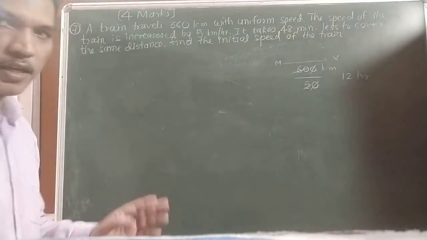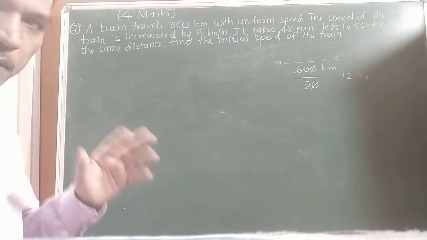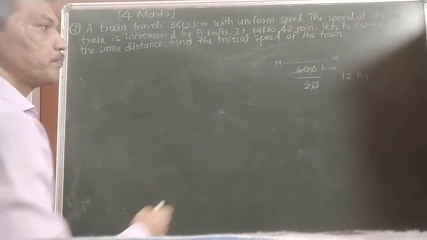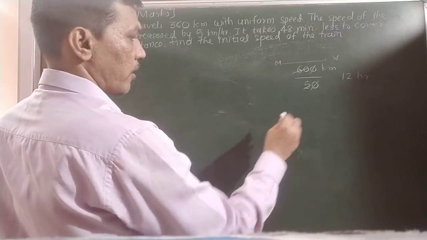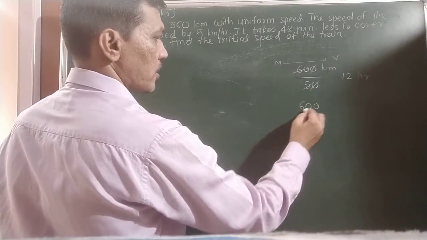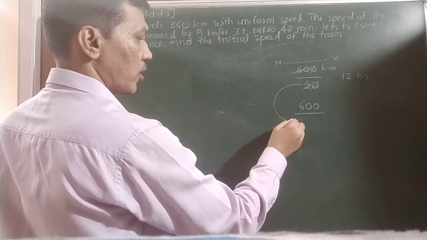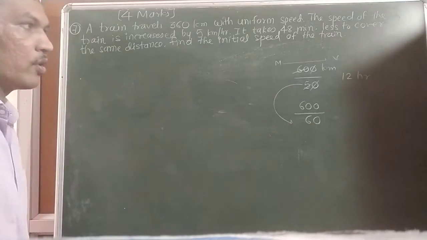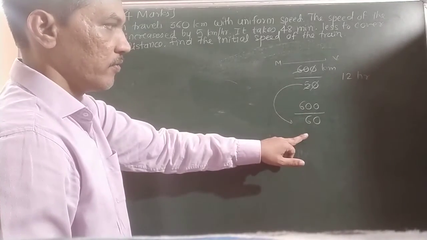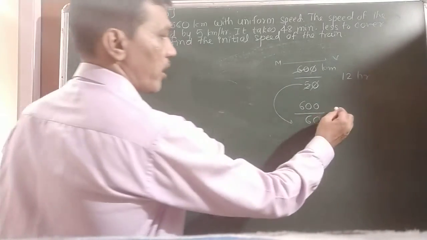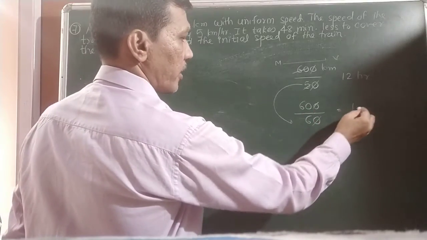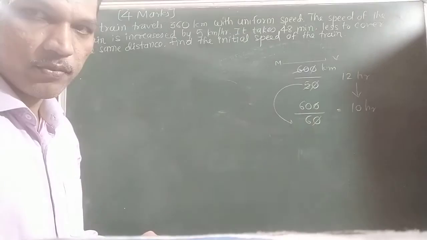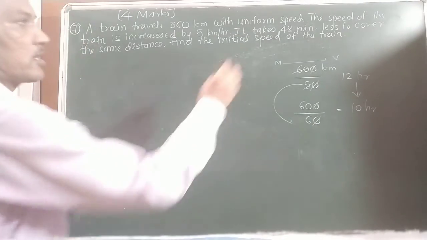Hour, time is counted in hour. Long distance, then time is counted in hour. So here it is given in minutes, we can convert into hour. So 12 hour required. But suppose same distance, but the speed of the train or vehicle is increased by 10, that is it will become 60. When speed is increased, we should know the time required becomes less. So obviously it will become 10 hours. So we reach 2 hours early. We require 2 hours less. Barabar? So same type of sum is given.